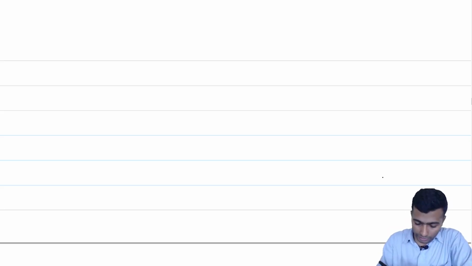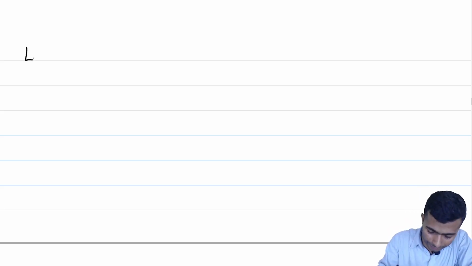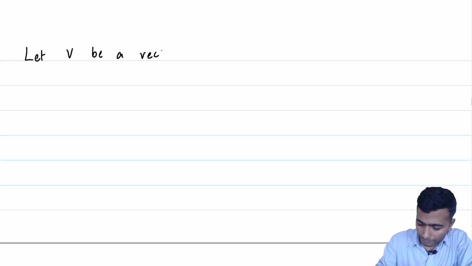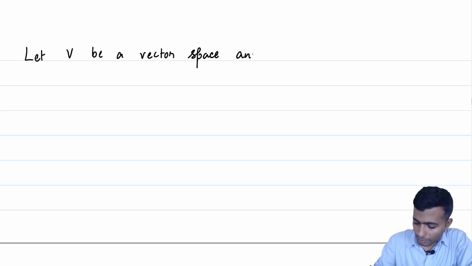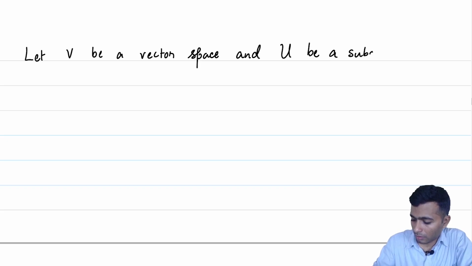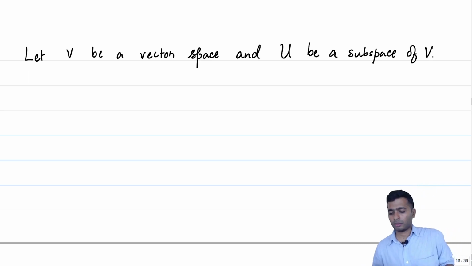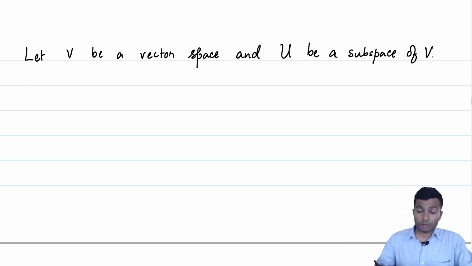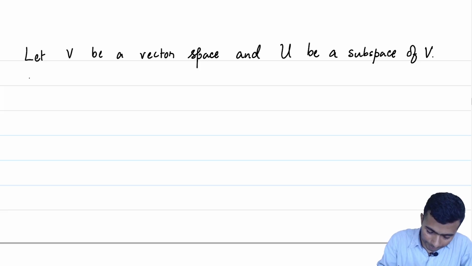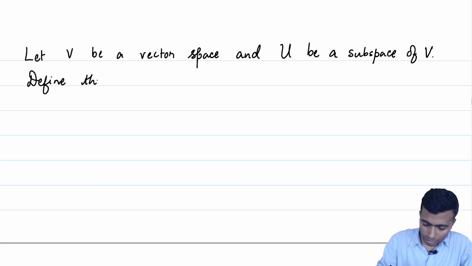So let us begin by considering a vector space V. So let V be a vector space and U be a subspace of V. Consider the following set. Define the set,